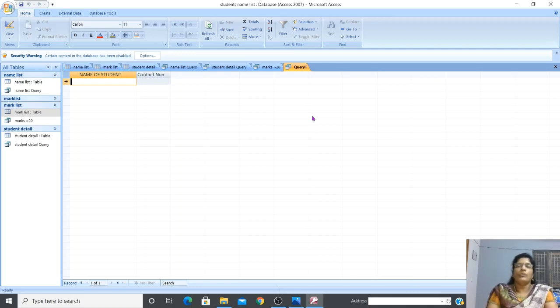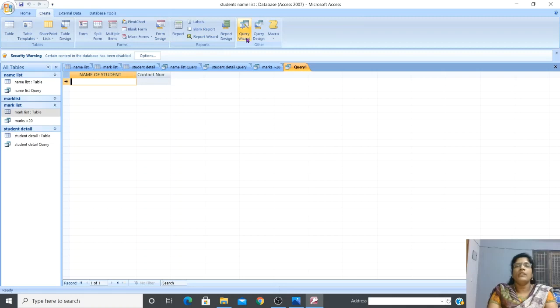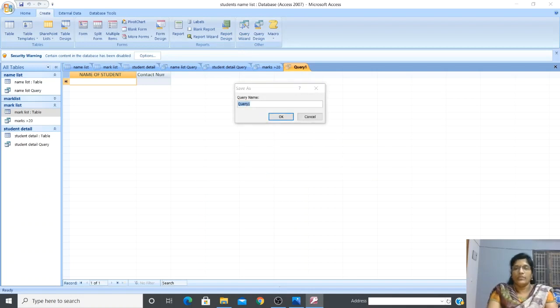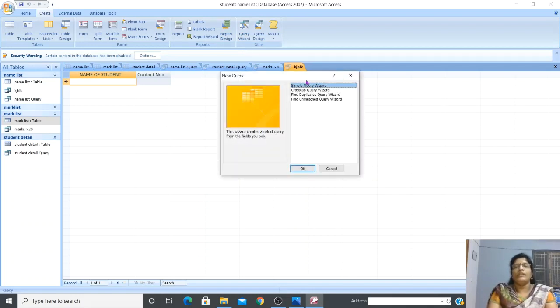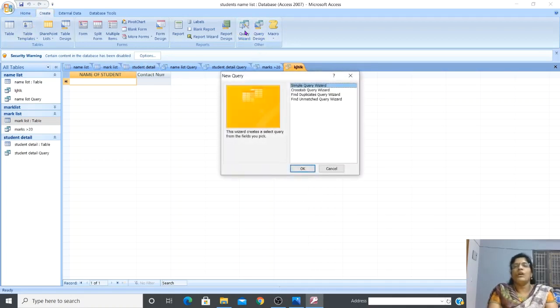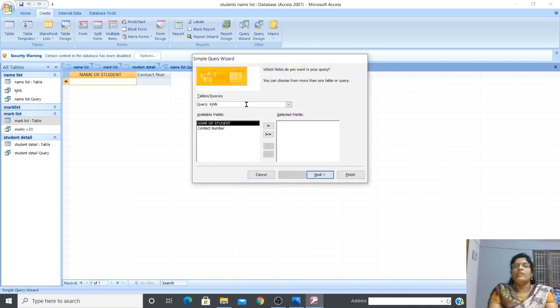When you click on Query Wizard, you can see Create Query Wizard. Let me cancel here. So Create tab, Other, Query Wizard, and you have to select Simple Query. A dialog box appears. Click on the OK button. Then it displays all the tables we created. One by one you can see the tables and select which one you need. What table is your query based on?